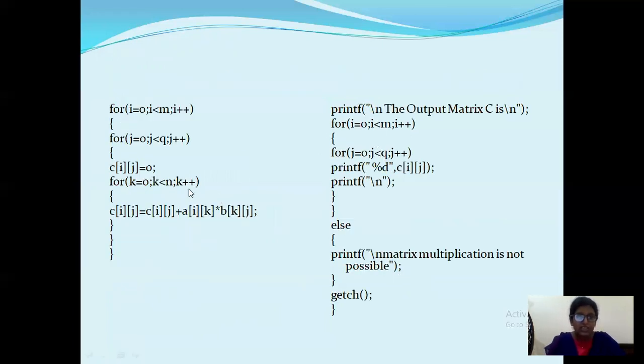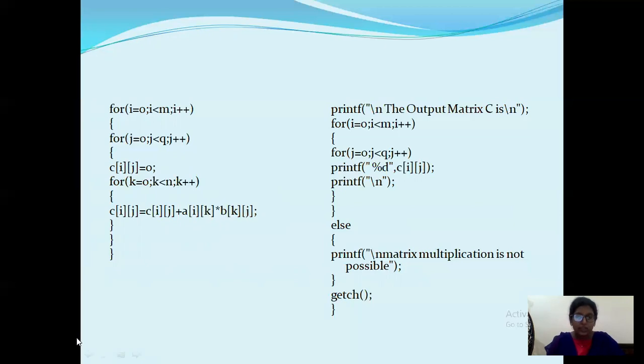Now you need to change only the logic here. So for this program, for multiplication, you require another loop called k, because you will be multiplying the first row elements with the first column elements, then the first row elements with the second column elements, then second row with first column, and second row with second column, right?